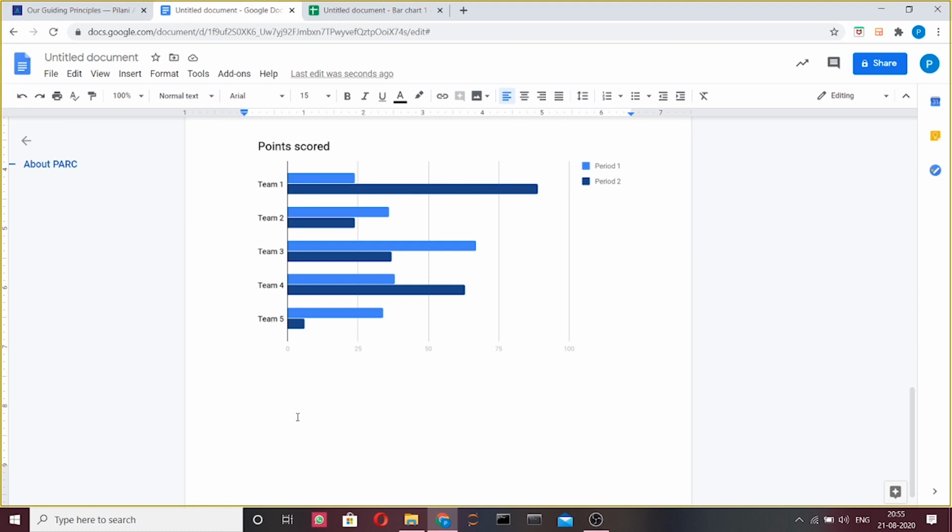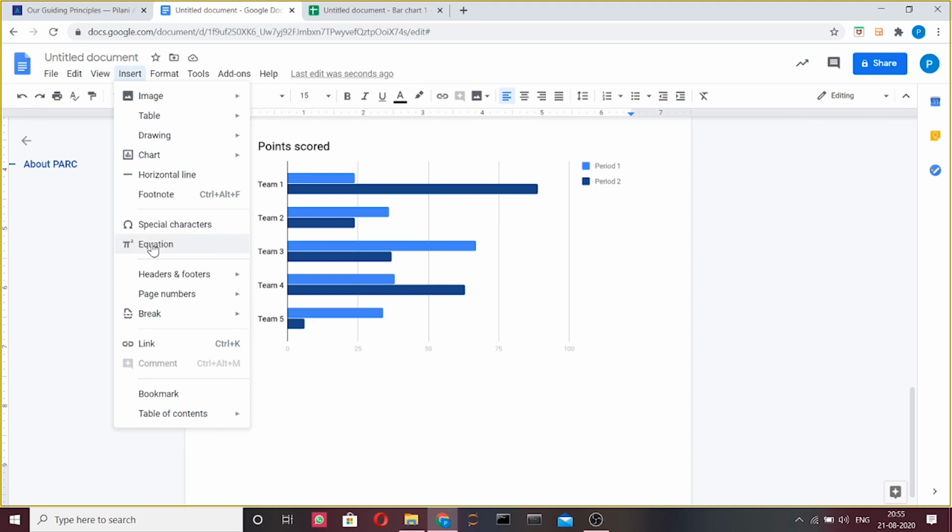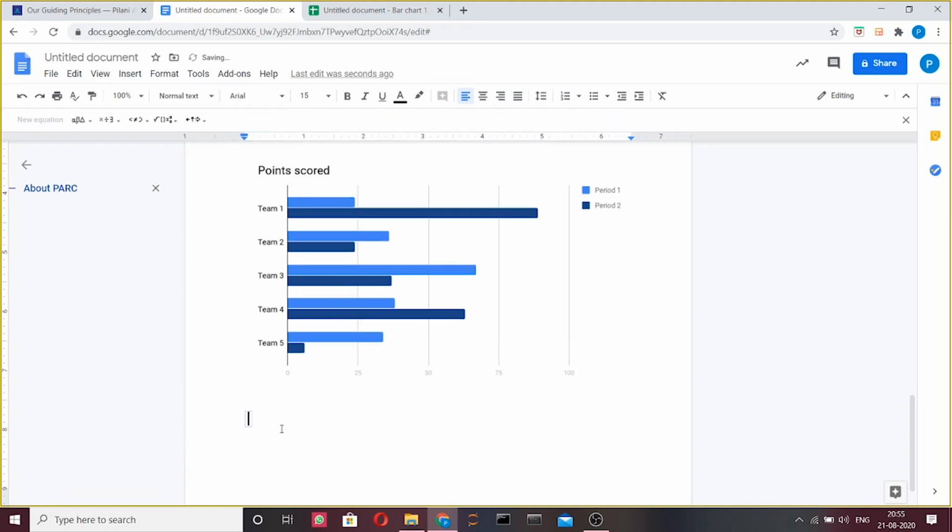Next, we learn how to insert special characters. For this, we select Insert Equations. Now, as you can see, a blue text box appears. You can type in different variables, symbols, and numbers here. The document recognizes it as an equation and accordingly formats it. For example, y superscript 3. As you can see, it gets automatically y cubed is equal to mx plus 3.